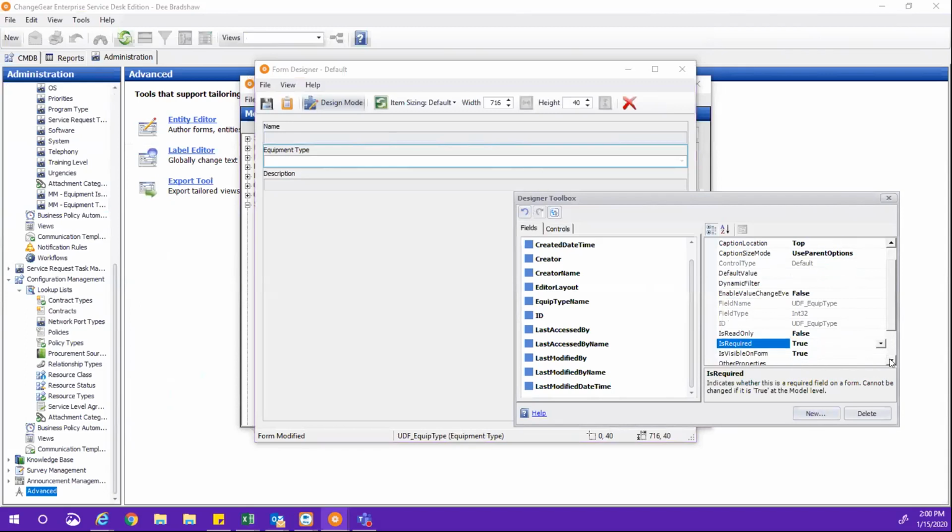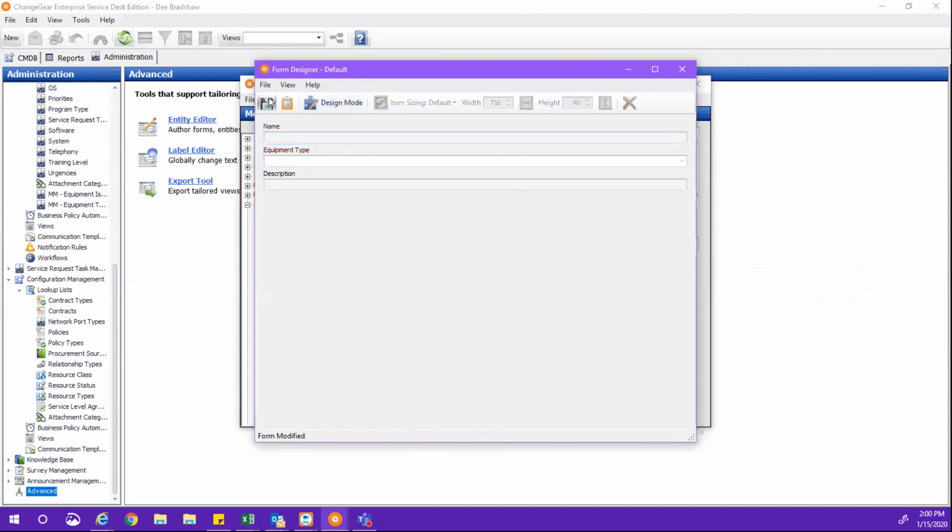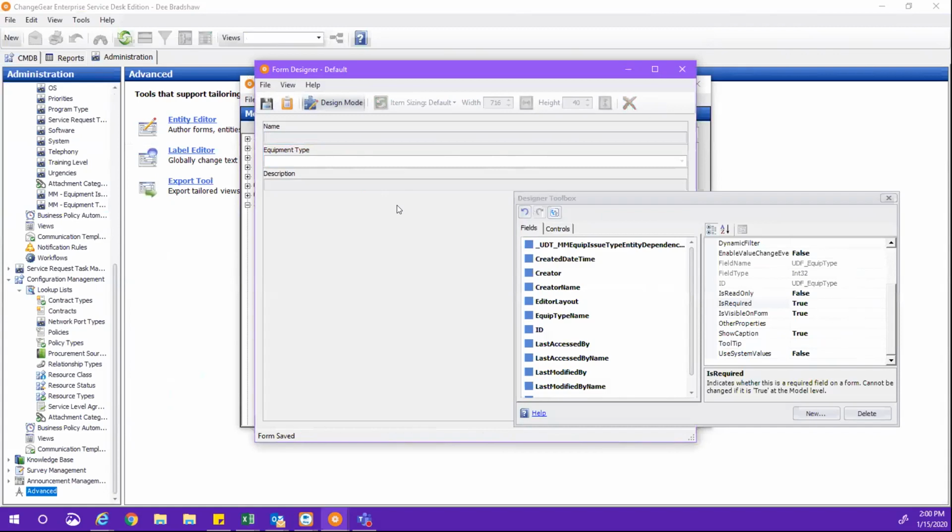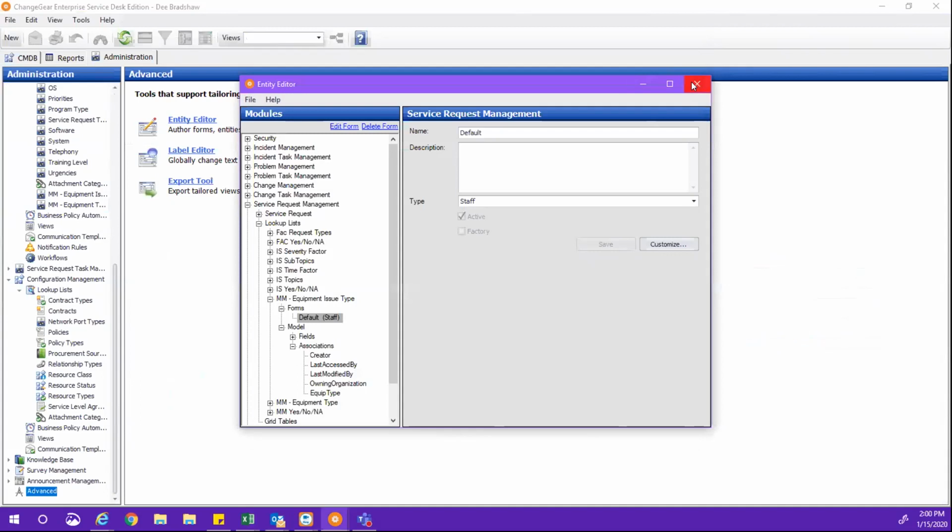Okay. Yep. At this point, you can go ahead and save it. And then we can exit out of the entity editor, and then go back into our